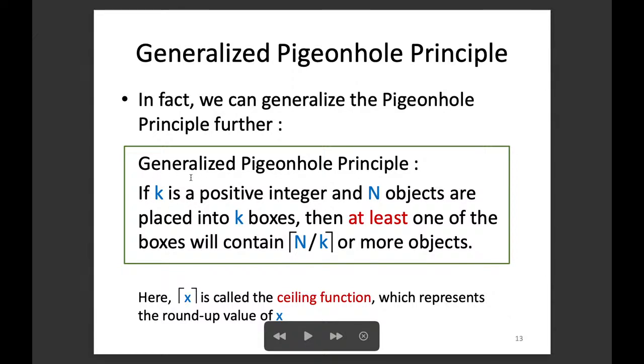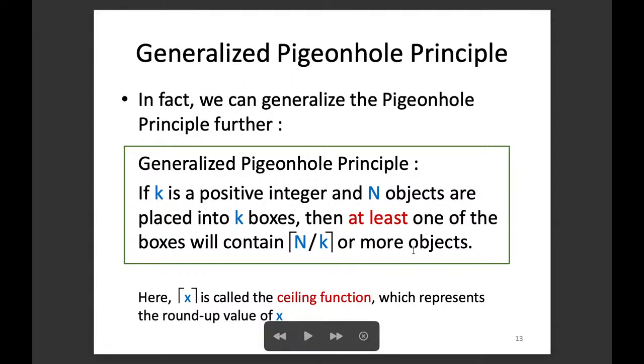This time we have k as a positive integer. There are k holes, and then we have n objects, with big N pigeons. Suppose that the pigeons need to fly into the k holes, so n objects are distributed into k boxes. Then on average, each box will have n over k things, right? And here we say that at least one of the boxes contains n over k, taking the ceiling, or more